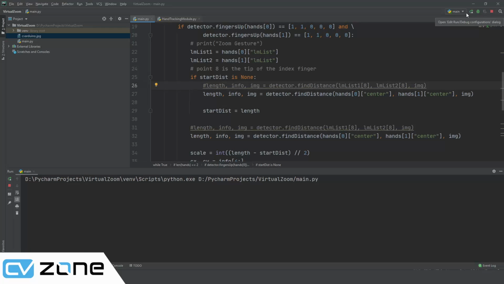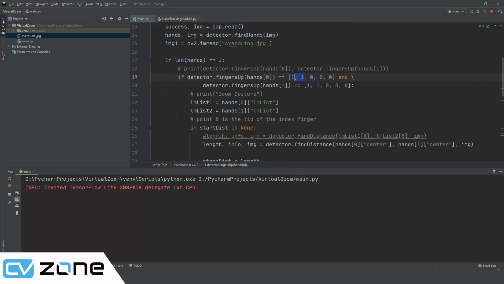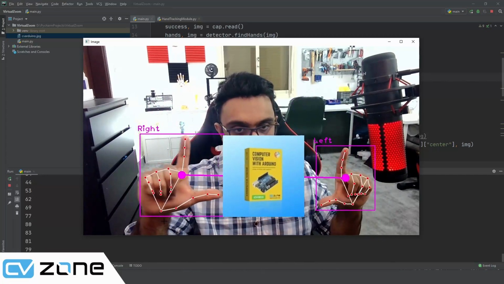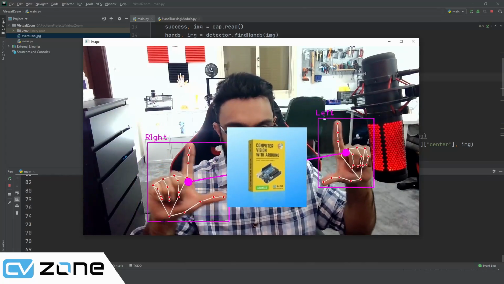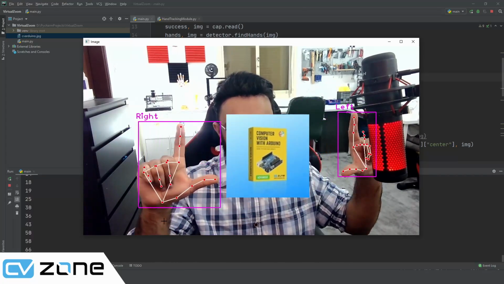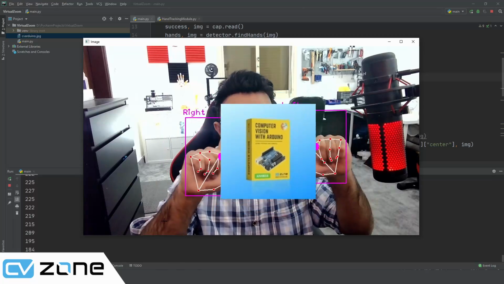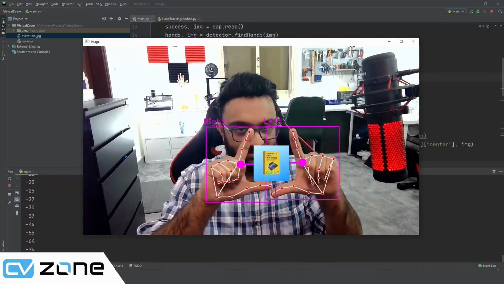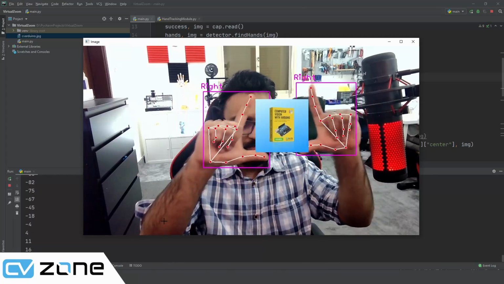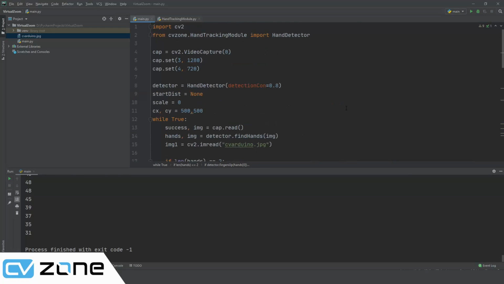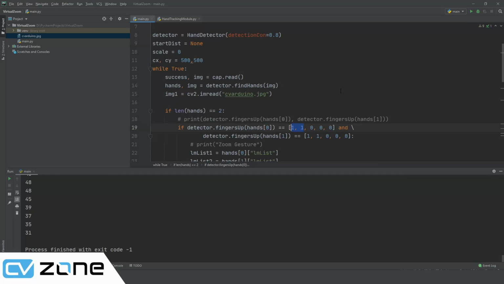So this time around it will check the center of the hand instead of the tip of the index, but it will still require you to have both the index and the thumb up. So there you go. Now it's in the middle, the center of the hands rather than the tip of the fingers. So you can see the distance. I can make it really small and then it goes big again. I can remove it, let's make it small again. There you go. Looks quite good. So this is basically the idea of how you can use virtual zoom in functionality using CVZone, MediaPipe,